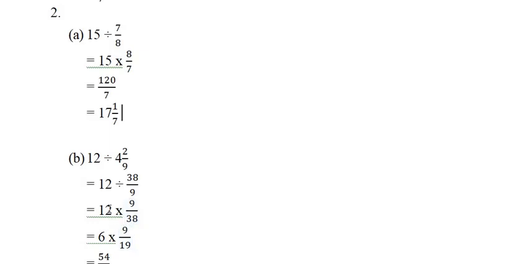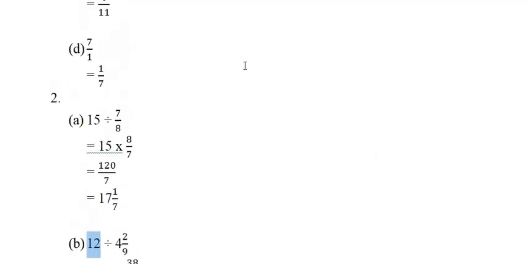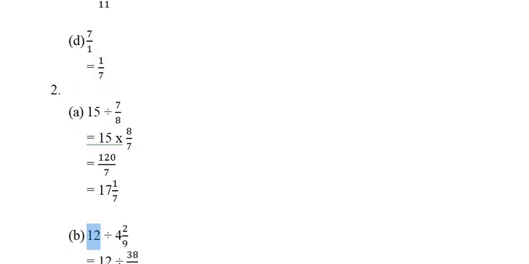You can simply divide this number by 2. 2 sixes are 12 and 2 nineteens are 38. Now 6 nines are 54, and 19. So this is how you will get your solution. Always remember that whenever there is a whole number alone, there is an invisible 1 below as a denominator, just like in question number 1d we have seen this. You have to remember this.